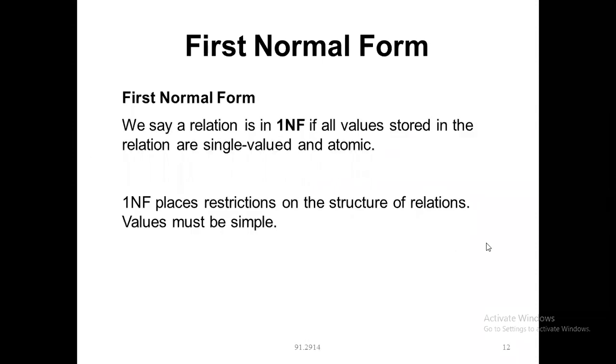Okay, so we'll see the relationships one by one. First, normalization. The first normal form says that you have to hold one single value for the particular data. So one column or attribute should not hold more than a single value. That is what the first normal form says. It is restricted that it should not have multiple values.